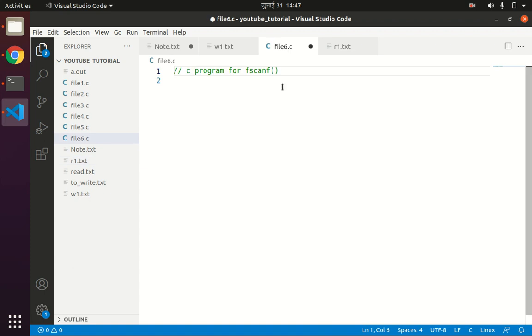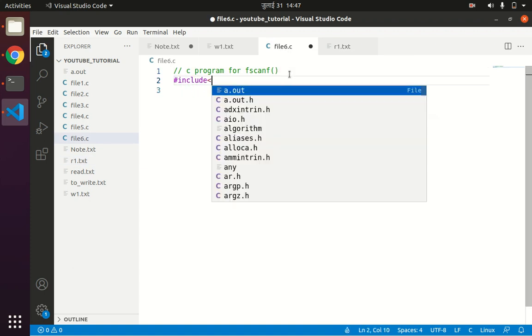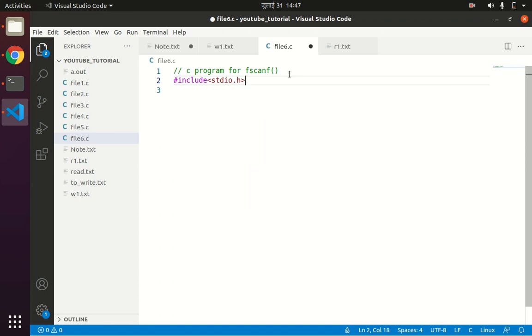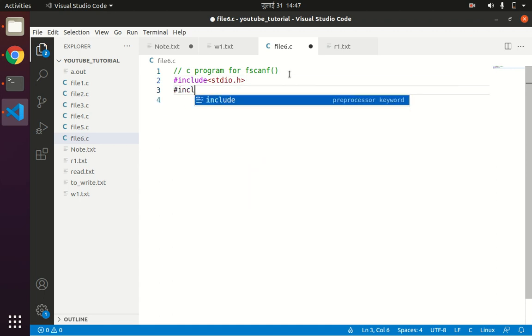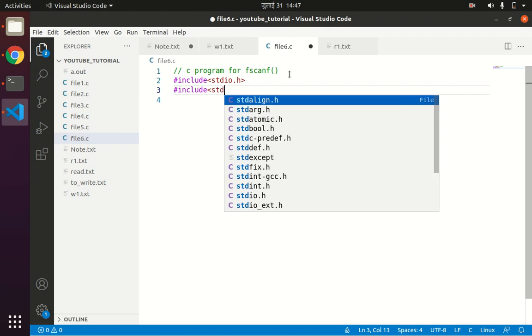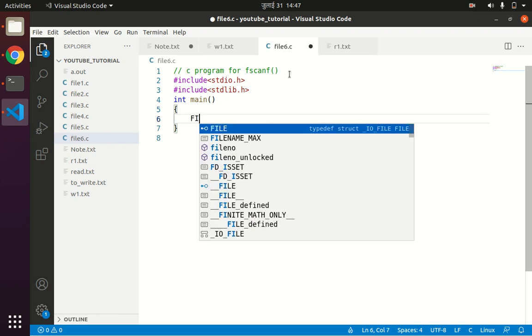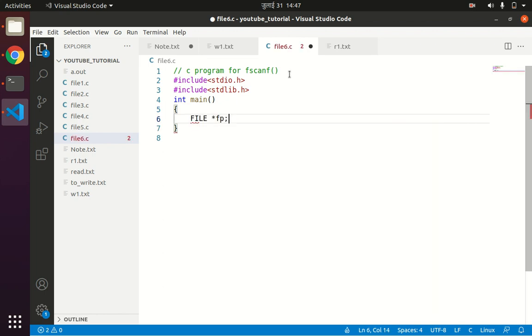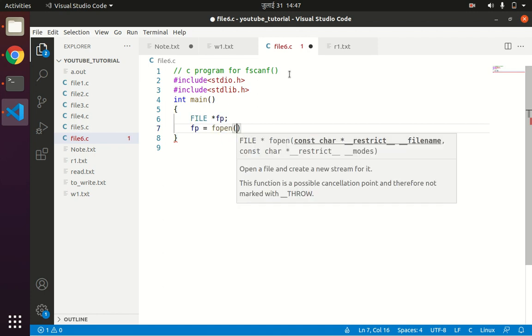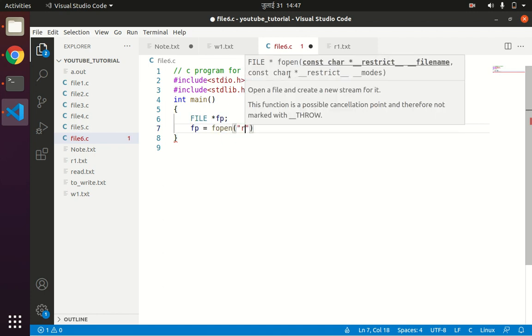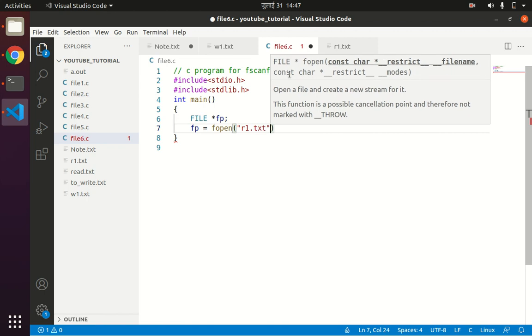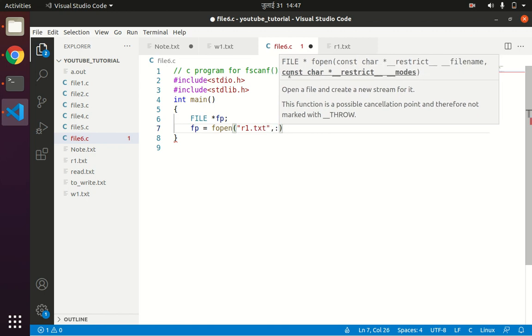So #include stdio.h. I'll open the file r1.txt in read mode.